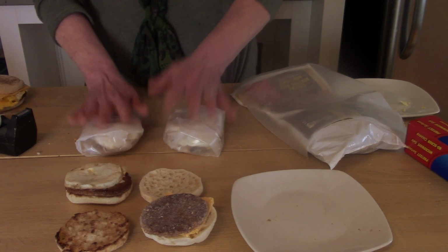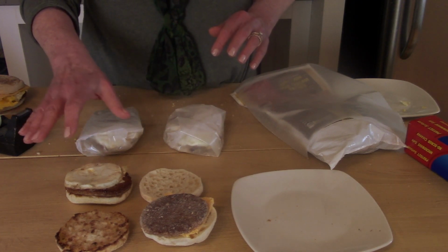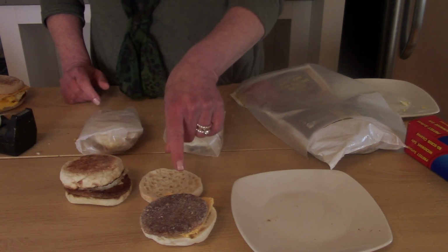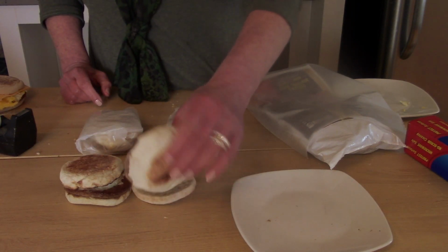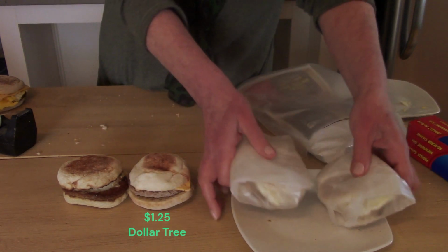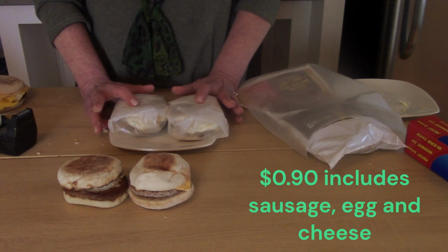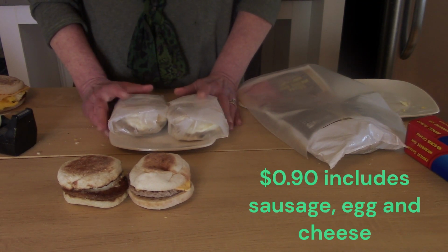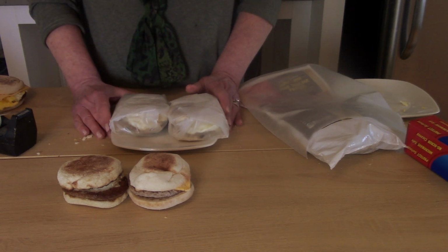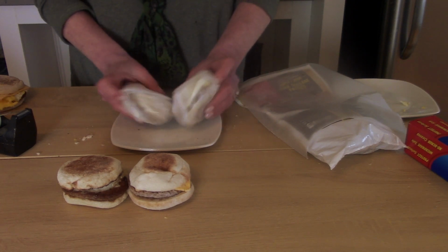If you go to McDonald's, without any cheese, it's going to cost you $3.49. If you go to the Dollar Tree, this will cost you $1.25, but there's no egg. If you make these at home, your cost is going to be 90 cents. Some other restaurants may have them a little bit cheaper. I got a coupon from Hardee's and it made it $2.69, but that's still far more than the 90 cents